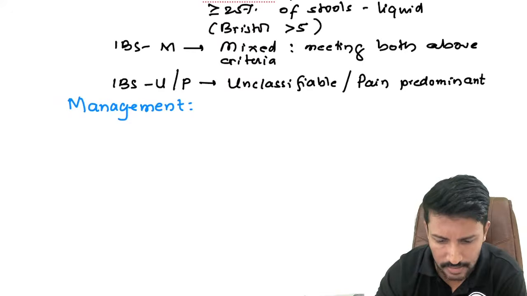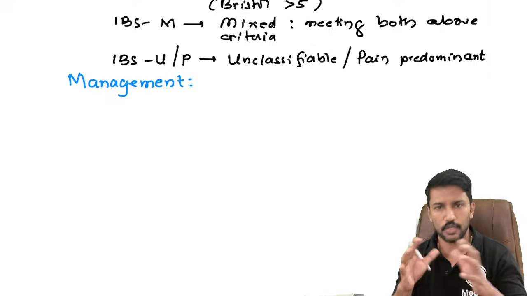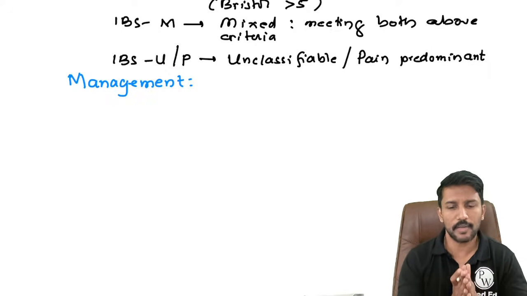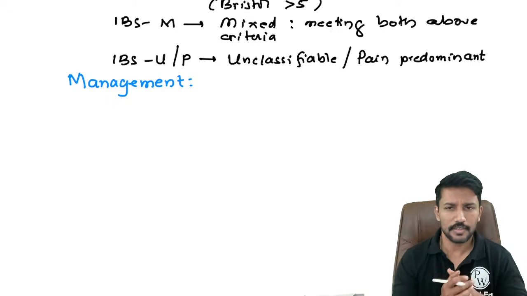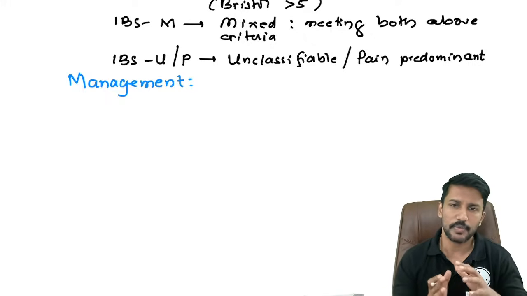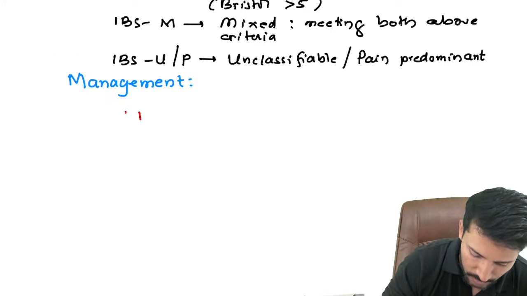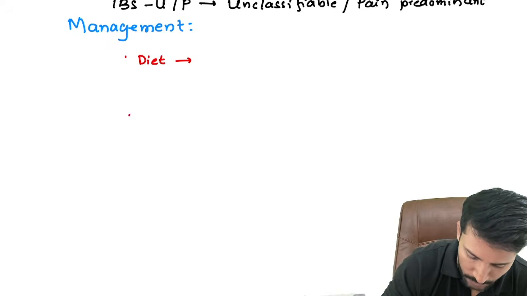So now coming to the management. We will be discussing celiac disease also, where you will get an idea how the evaluation of celiac disease happens. So how will I manage? It's a functional disorder, right? There is no anatomical problem. So we'll primarily address the symptoms. How can I address the symptoms? There are a few things. One, dietary changes, and the pharmacotherapy.